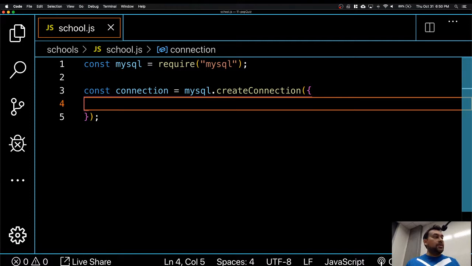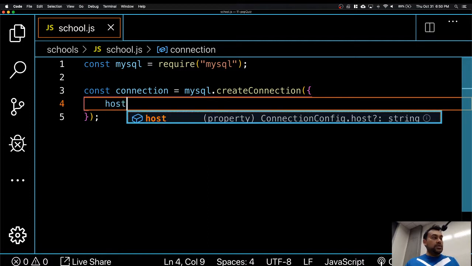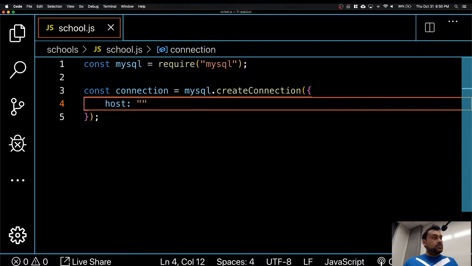What's the first property that we need? Host. And what goes in our host? Localhost. Now, is it going to be localhost always? No. Once you guys have your database set up in Heroku or somewhere in the cloud where everybody can access it, right? This is going to be that IP address, that URL, whatever that is, right? When we get to that step, we will see. But this is going to be the URL where your database resides. Right now, your database resides on a URL called localhost or